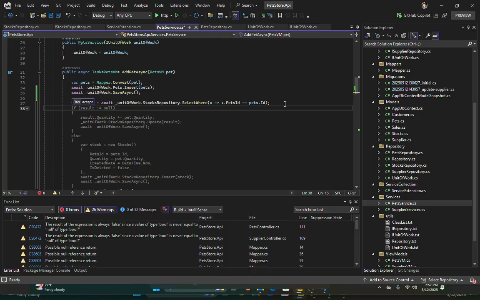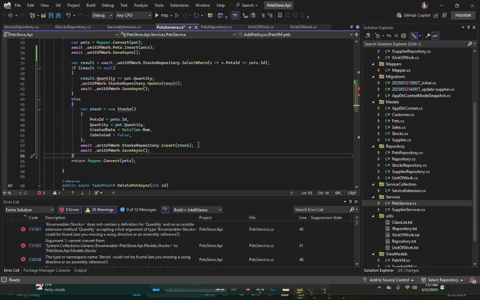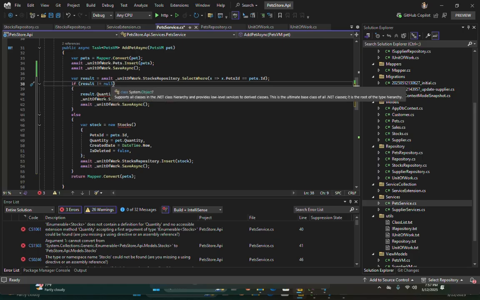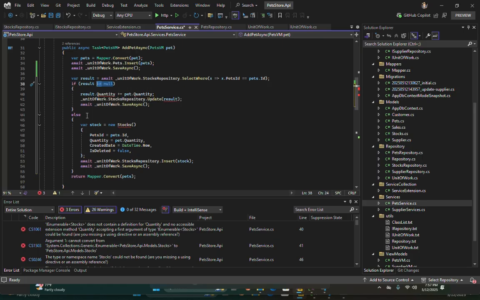So let's type this one. What this is saying is: if the result is not equal to null, I need to do some operation, else I need to do some operation.